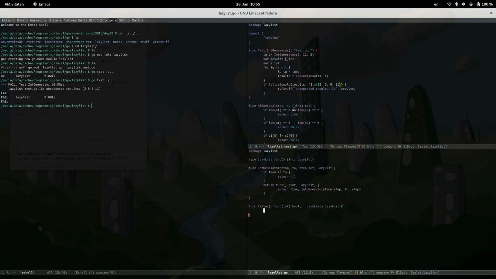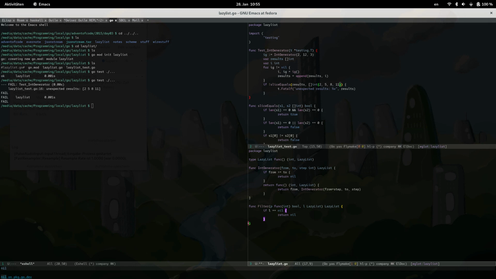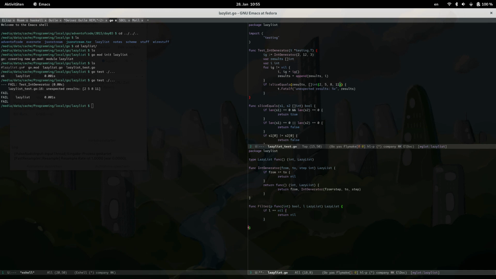Okay, so if l equals nil, return nil. That's the first thing. If we've reached the end of the lazy list, just return nil. If not, what are we going to do with this filter? Well, let's get everything out of the lazy list which is coming. So we've got an i, and l2 is equal to l, let's call it. And if predicate of i, return i, and then filter of predicate l2. That looks okay. Otherwise,